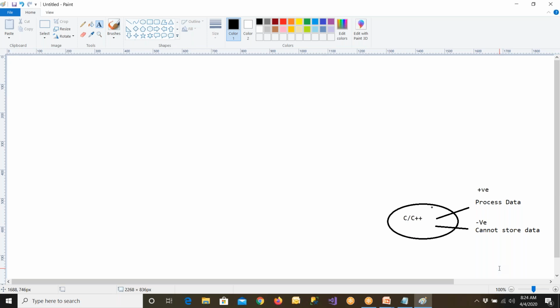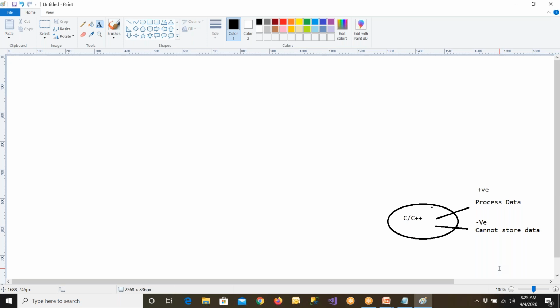So language only processes the data. You give 10 numbers to the C language: enter first number, enter second number, enter third number. It will put all the data into memory, and it will tell you the complete total. The total is 99, the total is 100, the total is 1000. So it can do some kind of processing: summing, finding average, finding minimum, maximum, sorting the numbers, and a lot of things it can do.